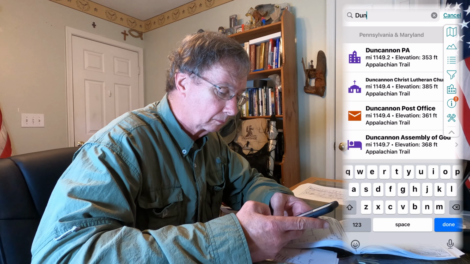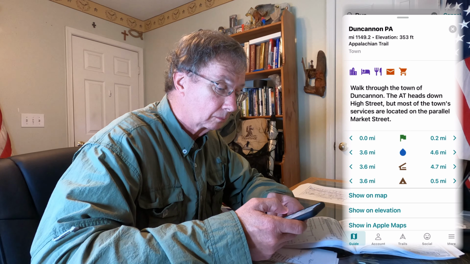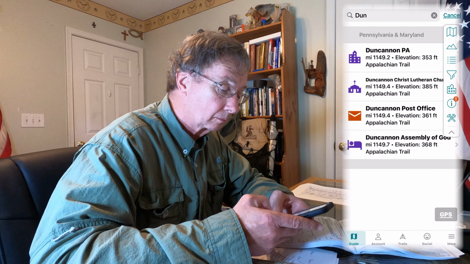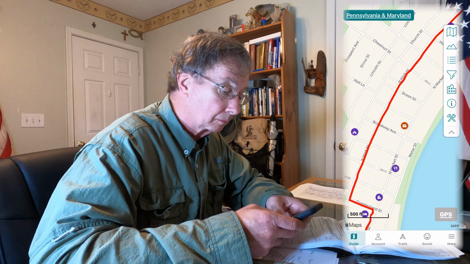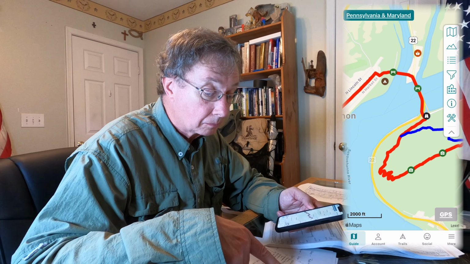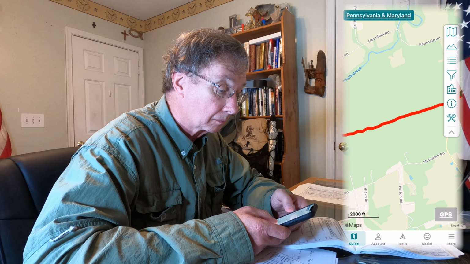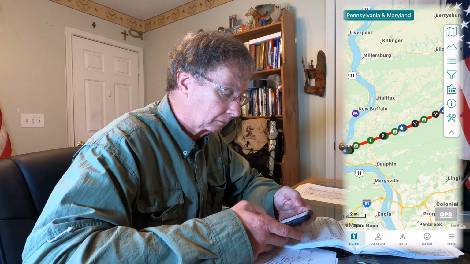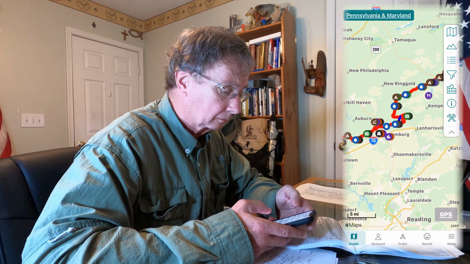Now Guthook you can use either on an Android phone or on an iPhone. I happen to have an iPhone, and it does several things for you. It lays out where your miles are at. It tells you what's lying ahead, where the shelters are, or the tent sites, or where towns may be for resupply, or hostels, water supply points. So it lays all these things out for you as you're hiking. It also, once you're on the trail and turn on the GPS mode, will show you where you're at